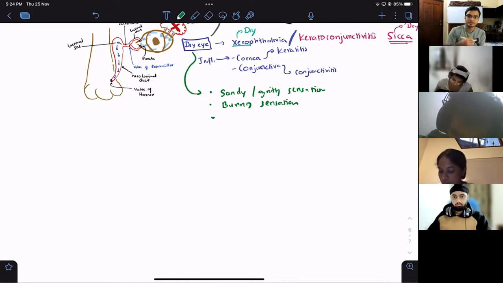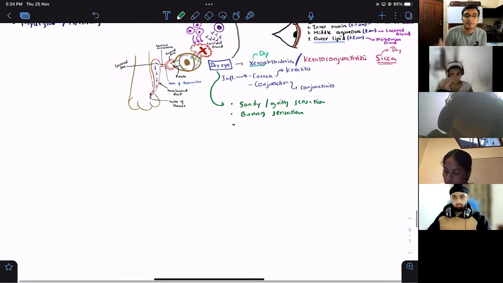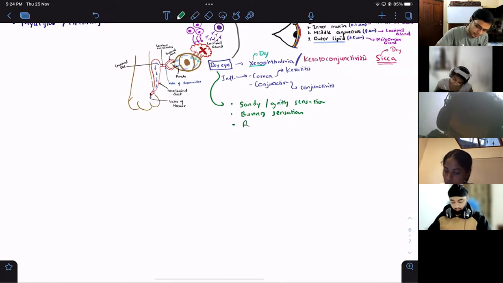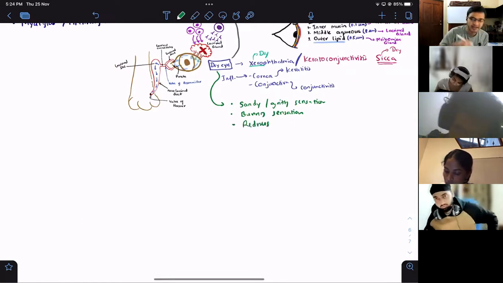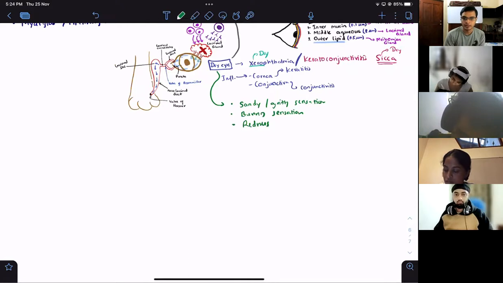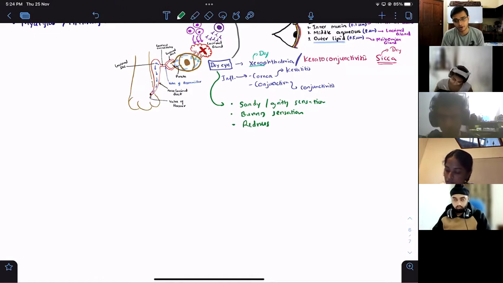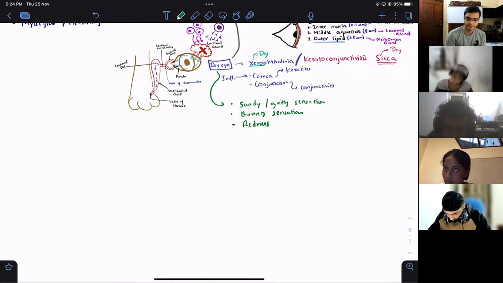Apart from that, guys, when there is inflammation, this is what we talked about, the keratoconjunctivitis, there can be redness, hyperemia. We sometimes call this injection, red injection. These are ophthalmology terms, guys, not necessary for us here. Apart from that, they can also have